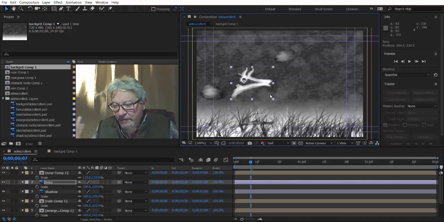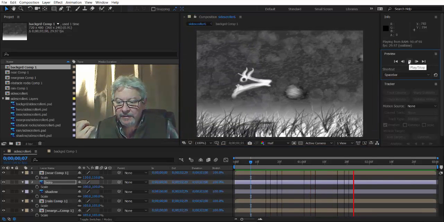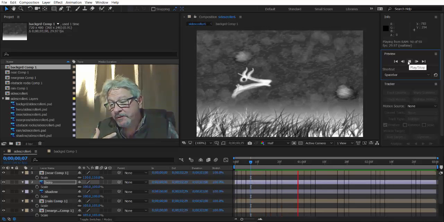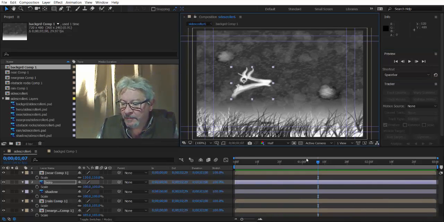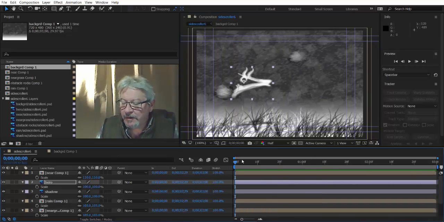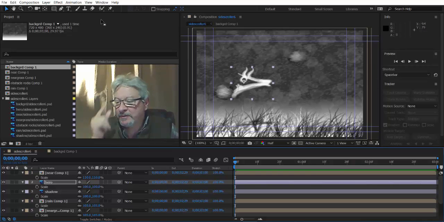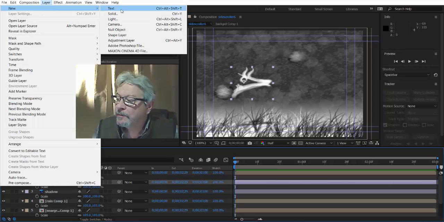Now, if we want him to interact with something on the screen that we want to appear and disappear, we can look at how we would accomplish that. If we want something moving the same speed as everything else, but be able to animate its appearance and disappearance, I'm going to just create a new